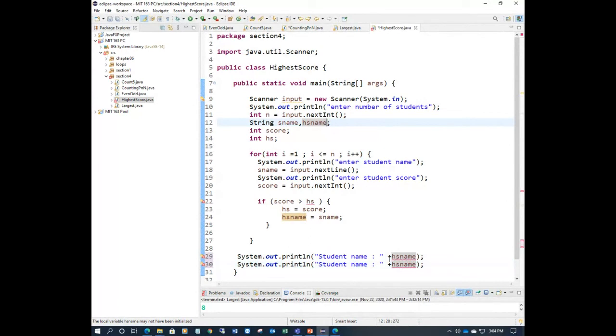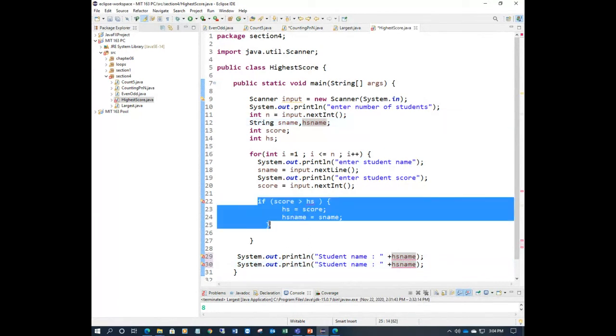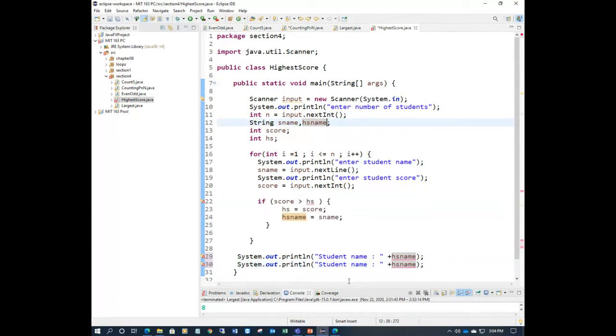Now in this case, if this is not executed, there should be some default values. So I can give empty values here, an empty string, an empty string. That's why you will avoid the errors here. Next is the score, the highest score.